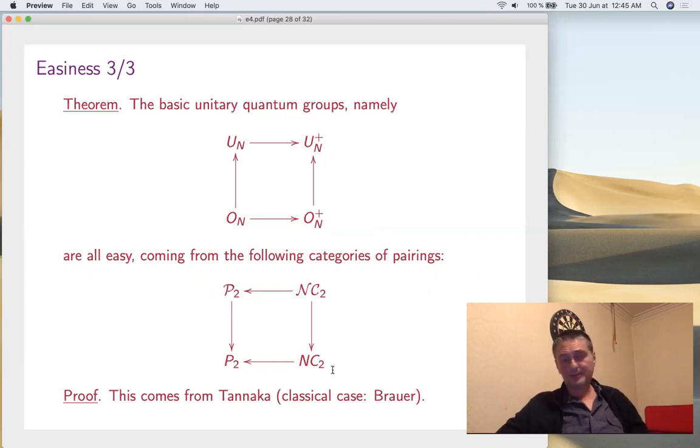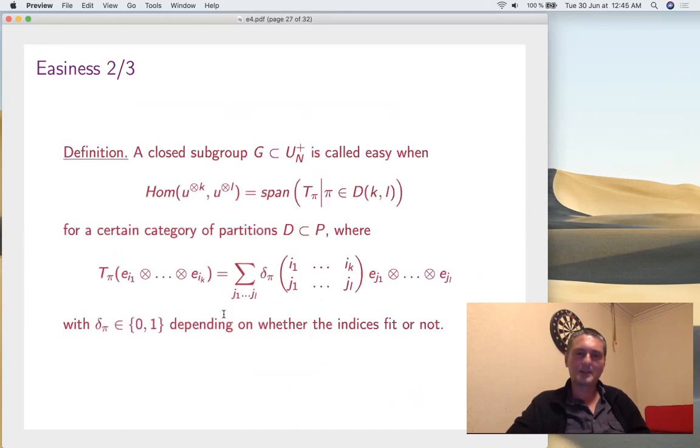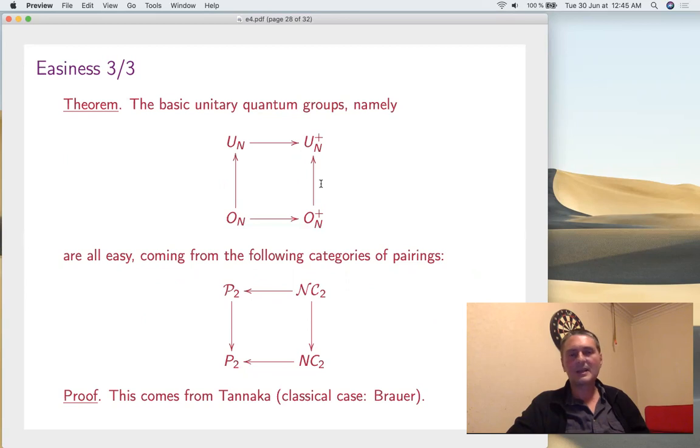Why is this true? Well, actually, the classical case is well known. These are the Brauer theorems for O_n, U_n. It's exactly this Brauer. That's why these are called Brauer algebras, the span of things here. So that's Brauer, definitely. But if you look at the Brauer family, you need some kind of Tannaka there. So for some Tannaka. And on the right, for some Tannaka too, but the one that we proved here, the Tannaka for quantum groups.